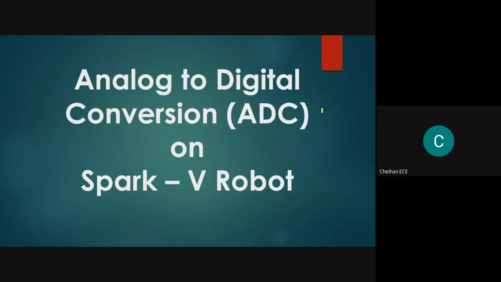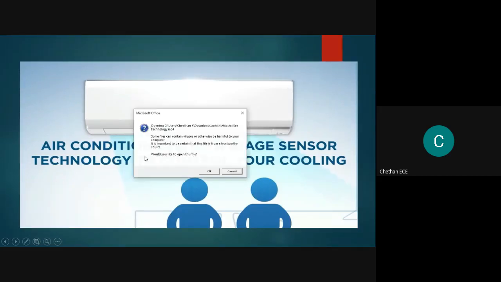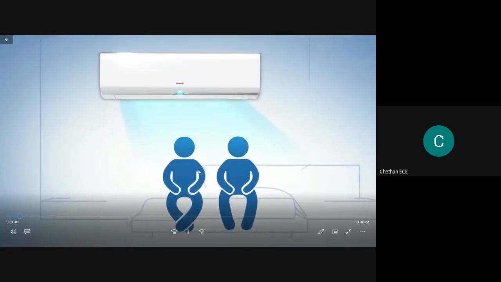If you consider a few examples of why we need an ADC, this is the best example where you can understand its importance.